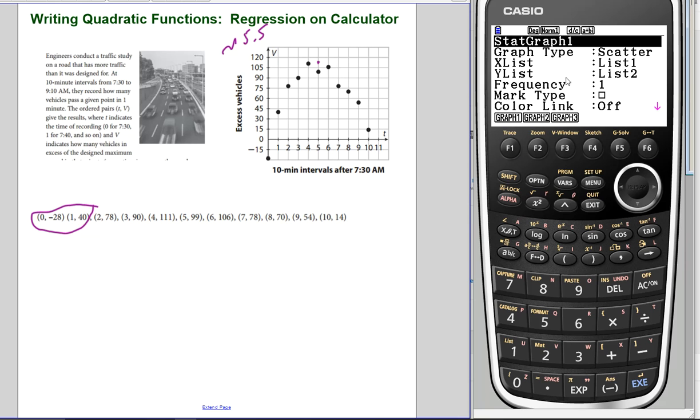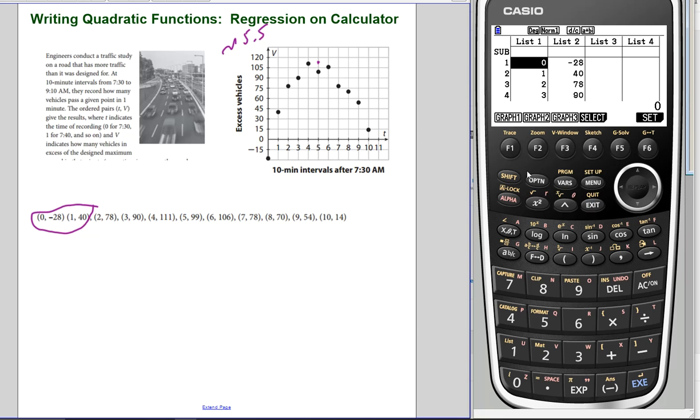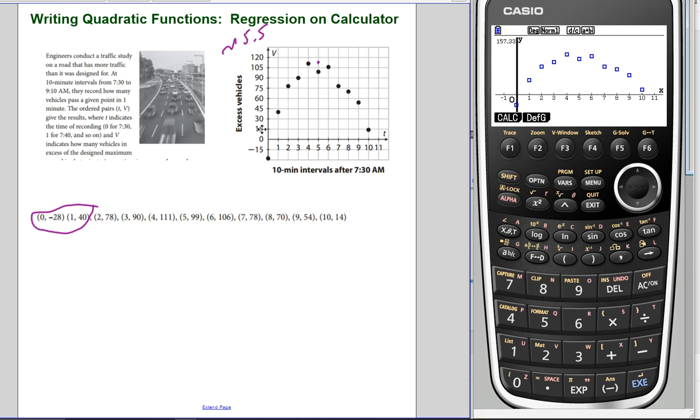I could take a look at my settings if someone's been playing with your calculator, but when you reset it, it should go back to standard here. So we're going to go to graph. It'll show the scatter plot which exists right here in this depiction. Next step is we just want to go to our calculator. So we just calculate, and we are dealing with a quadratic model, so we want to definitely hit the x